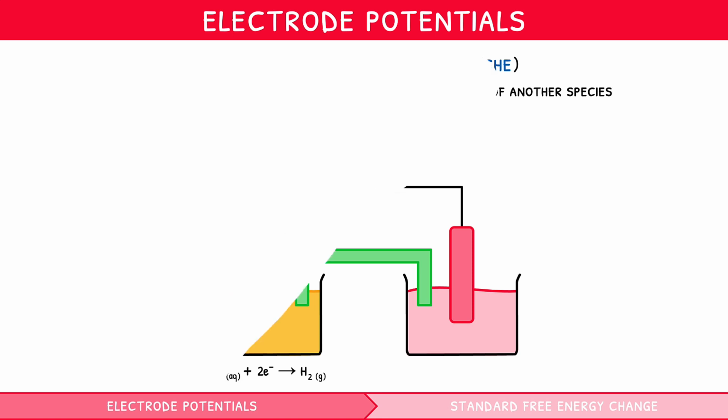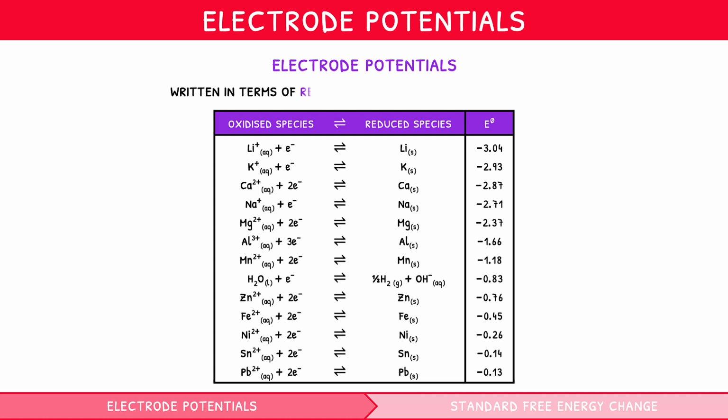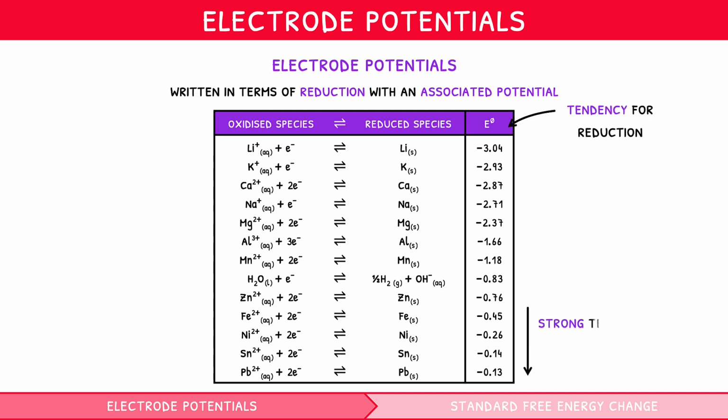By measuring the voltage of various species, a range of electrode potentials can be calculated, as found in section 24 of the data booklet. Note once again how each half equation is written in terms of reduction and has an associated electrochemical potential value. These values therefore indicate the tendency for reduction to occur, with more positive values indicating a stronger tendency to undergo reduction, i.e. strong oxidizing agents, and negative values indicating a weak tendency to undergo reduction, i.e. strong reducing agents. Knowing this relationship therefore opens the possibility for predicting which species would be oxidized and reduced from